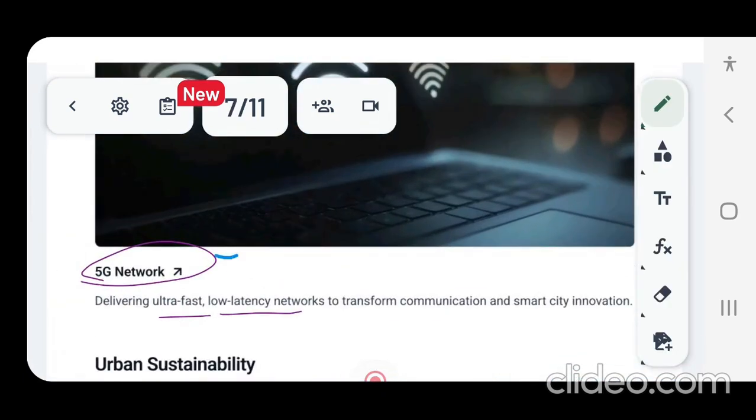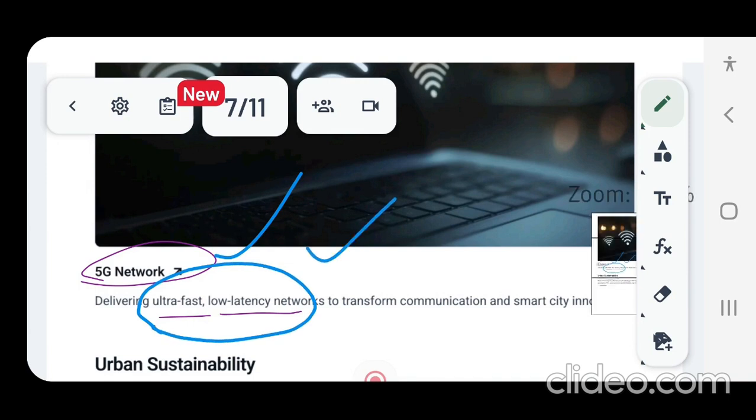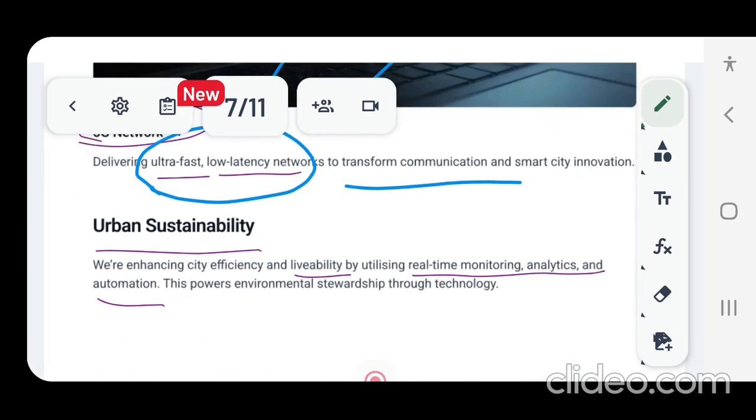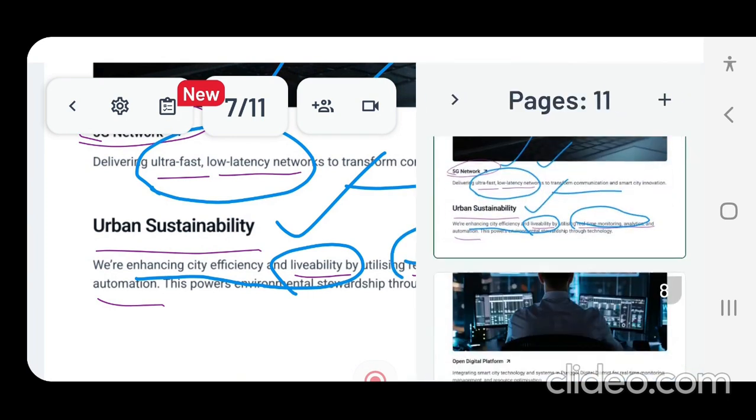And Singapore is a city which makes citizens subscribe to very high, ultra fast, low latency 5G networks, and they allow the citizens to communicate easily. When it comes to urban sustainability, the city enhances efficiency and livability by utilizing real-time monitoring, analytics and automation.